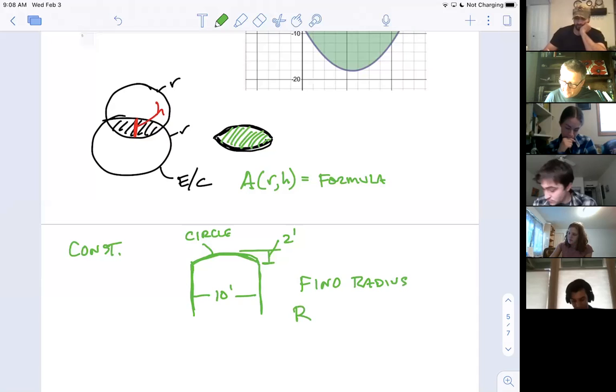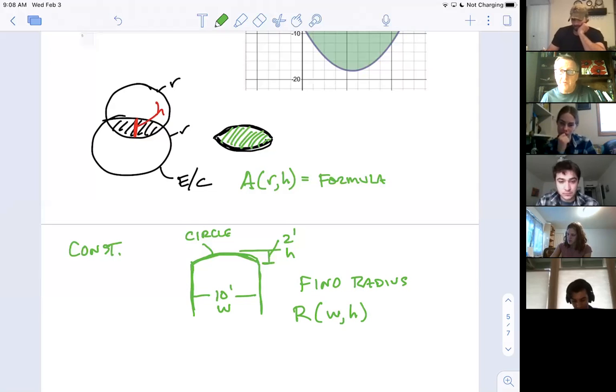In this case, I would say find the radius as a function of the width and the height. So don't use 10, use W, don't use 2, use H, because you want a formula. This is what people do in math. You want a formula that works every time. You don't want a formula that just works for 10 and 2. You want it to work every time. So can you do it for